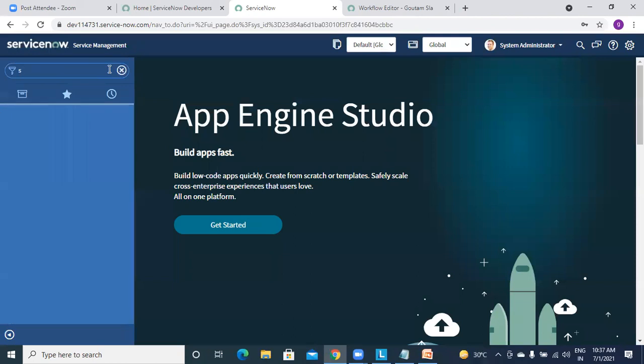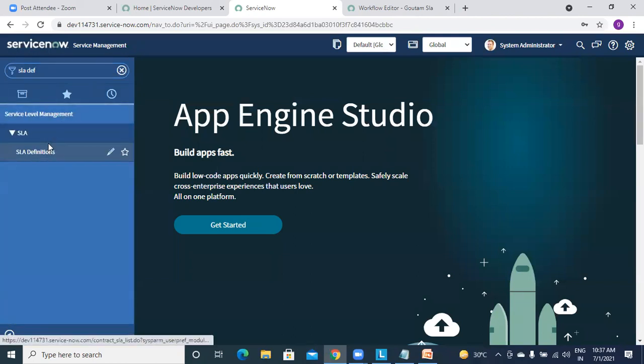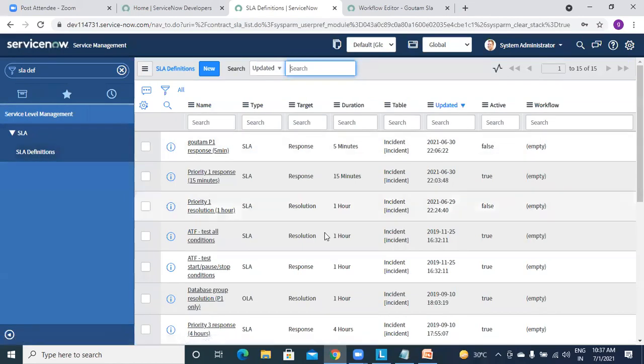I will try to modify in list view and let's see if we can get it. So in workflow, yes. I will try to give that workflow which I have created here and make this true again.